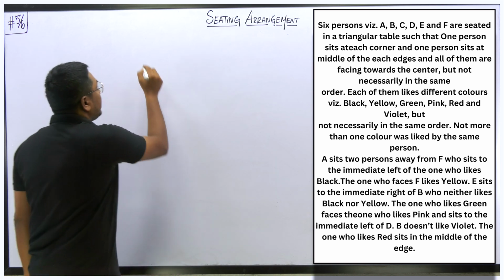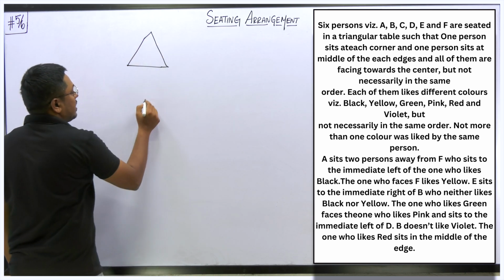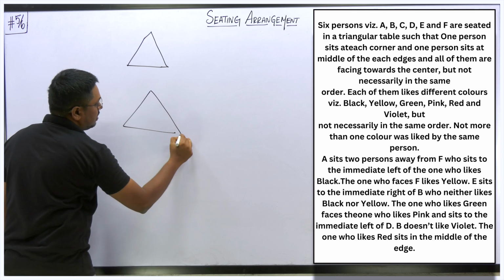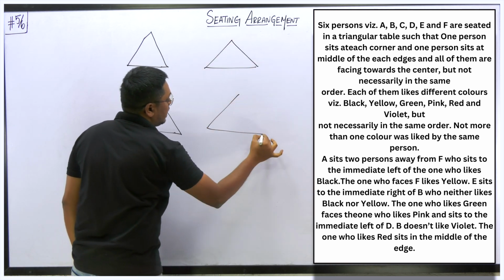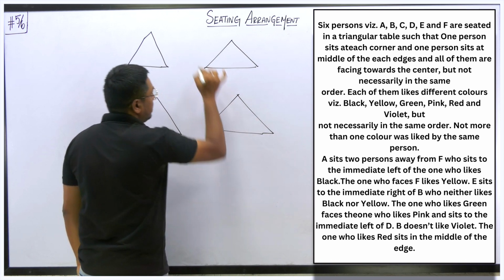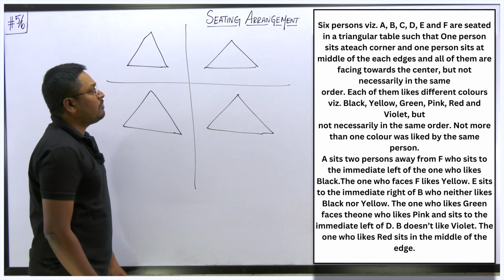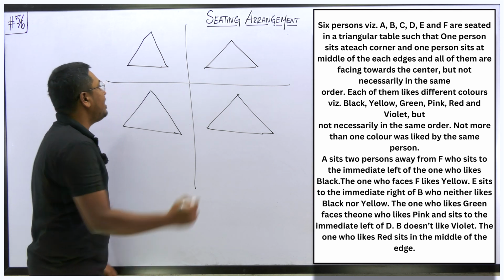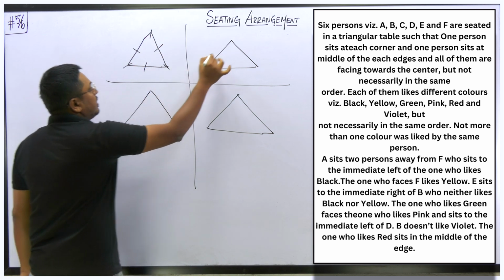So what I need to do is draw 4 triangles, because I will get 4 possible diagrams, right? It is your wish. If you want to solve in a single diagram, you can. If you practice more, you can solve like that. But according to me, I wish to go with 4 possible diagrams. Why? Because it will be easy. Just here the middle of the edges and the corners, right? So similarly,